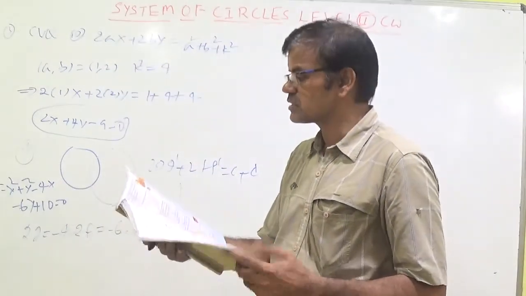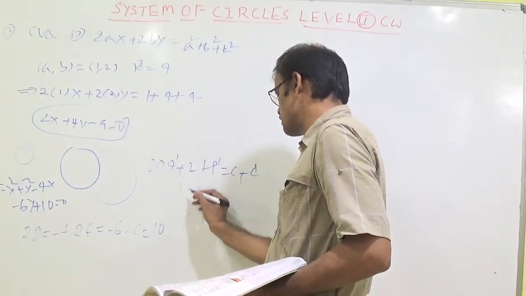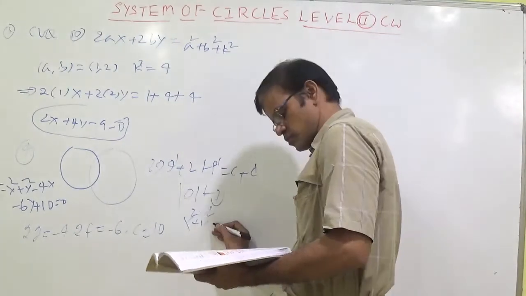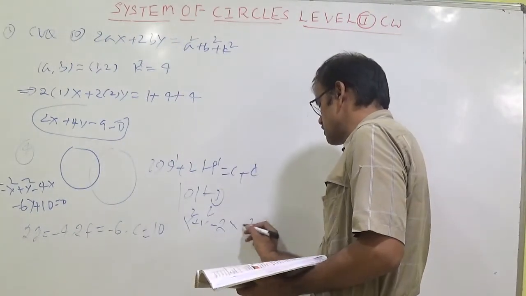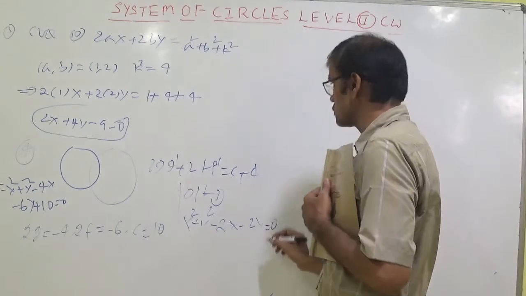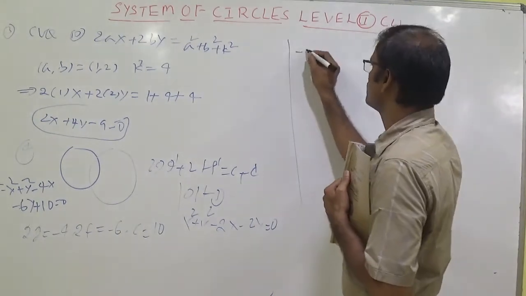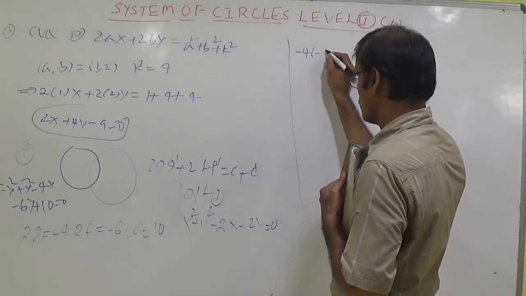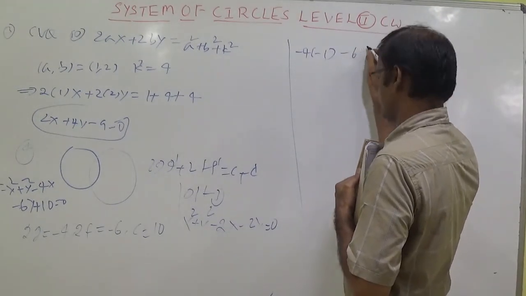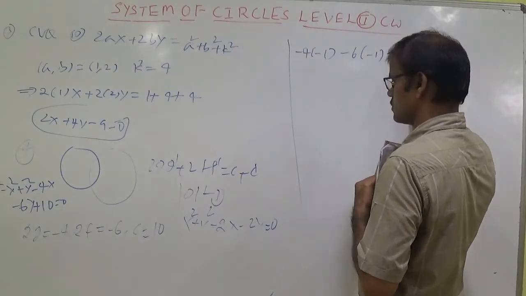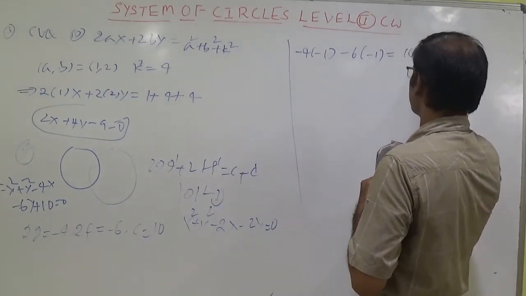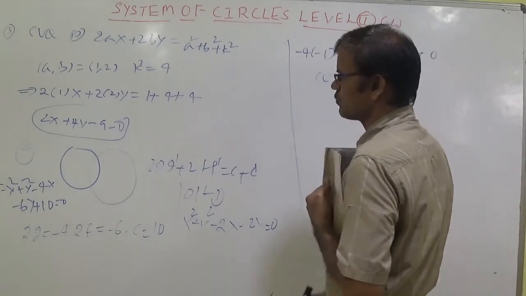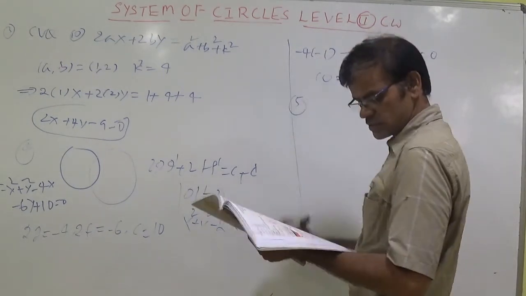Let us discuss exactly. It is option 3. So verify option 3: x square plus y square minus 2x minus 2y equal to 0. So 2g into g dash concept: minus 4 into minus 1 and 2f, minus 6 into minus 1, is equal to simply 10 plus 0. We can say 10 is equal to 10. That's all. Verified. Third option is the answer.